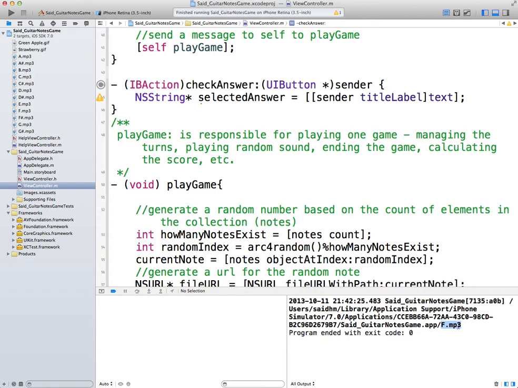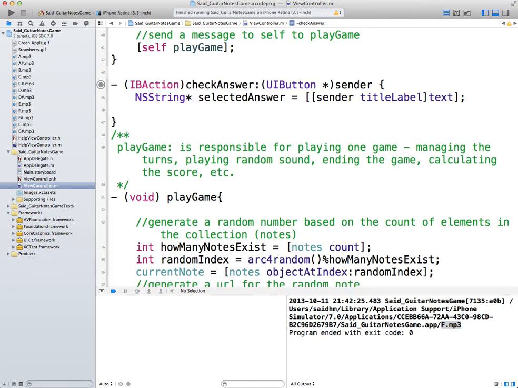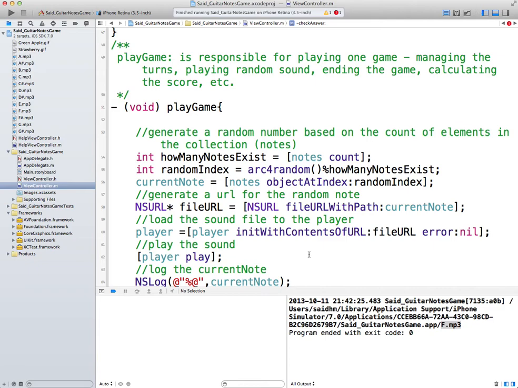So to get that last part of the path, I can use a message to the string that says give me the last path component. So I can use the current note and override the current note in here, since I update it all the time,